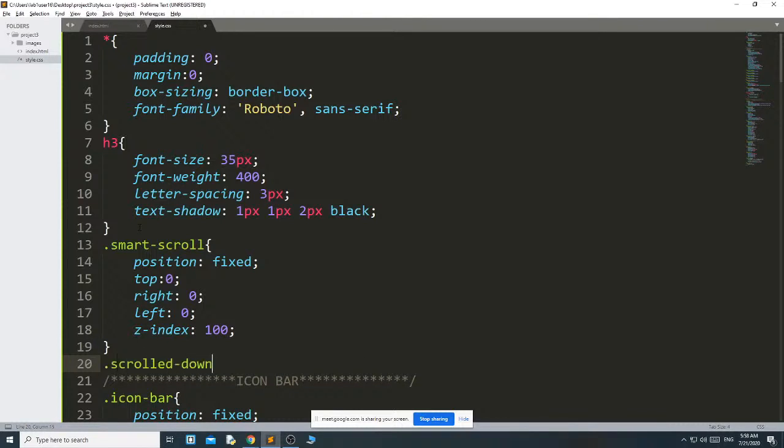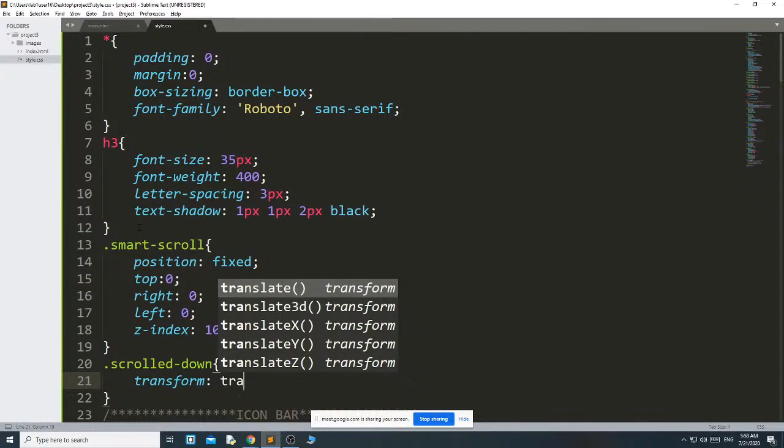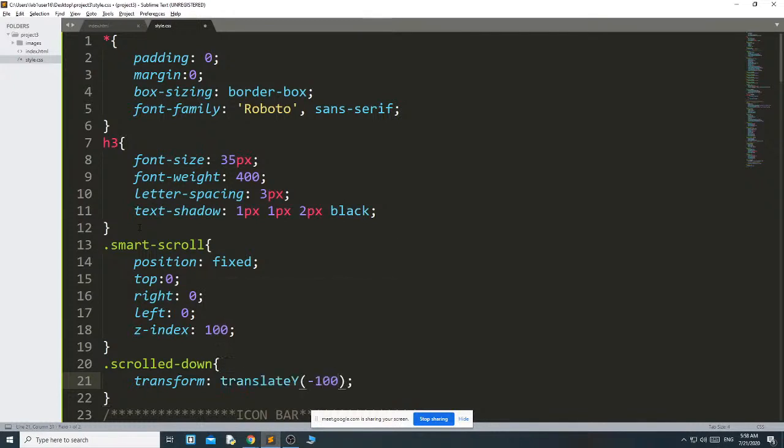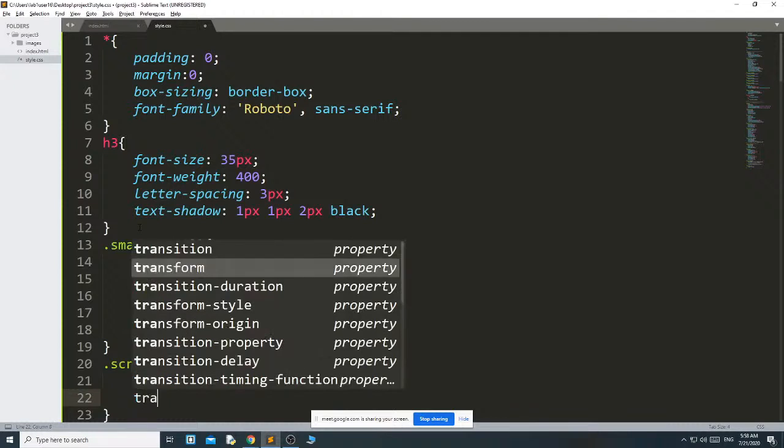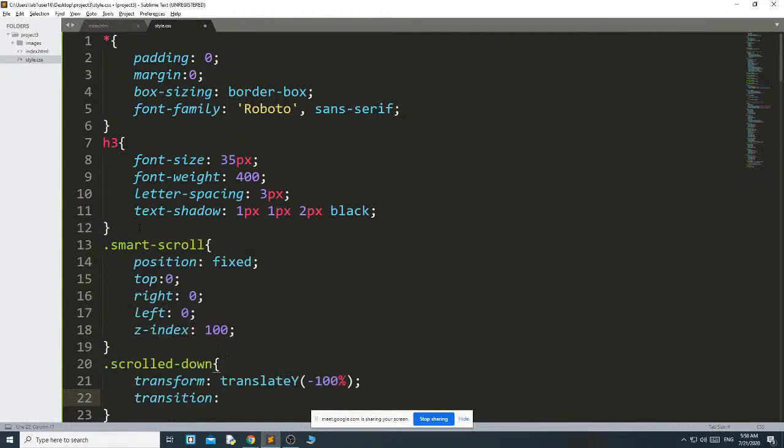In scroll-down, what I want to do is transform translateY minus 100%, and I want to give a transition, all 0.3 seconds ease-in-out.